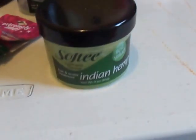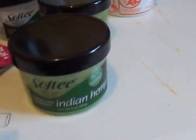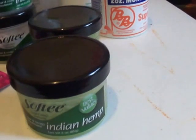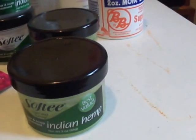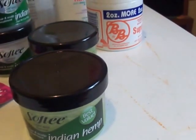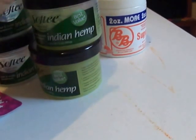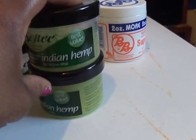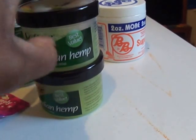So anywho, guys, let me get out of here. I just want to share this with you. $1 and it works. Okay, you know, this child is a testimony. The kids are a testimony. The stuff does work. Just be ready for some rapid hair growth, and keep up with using it once you start using it,